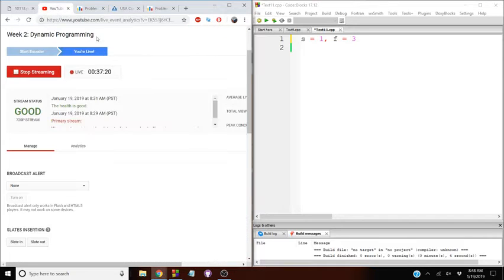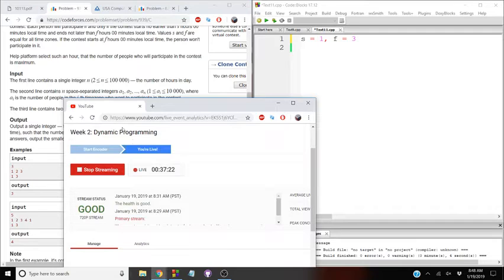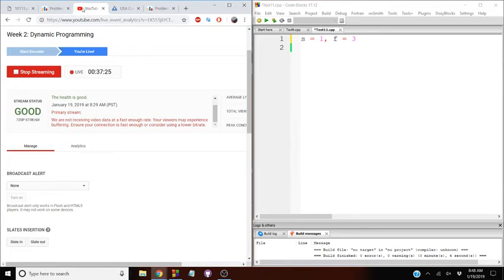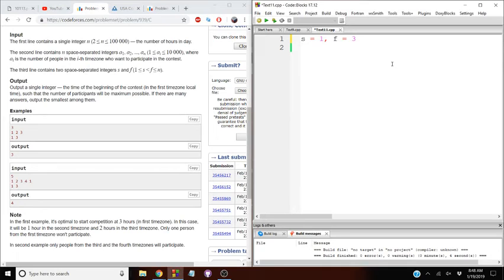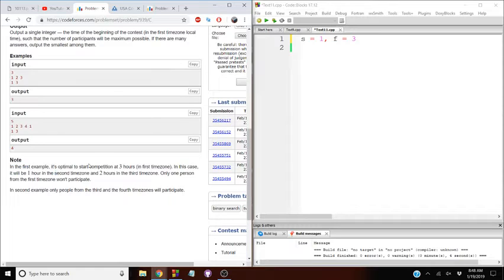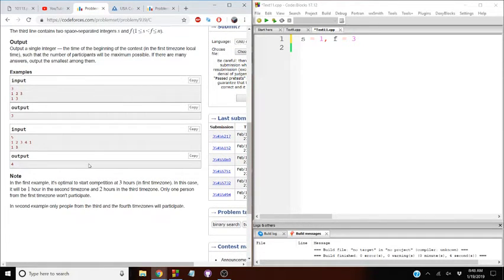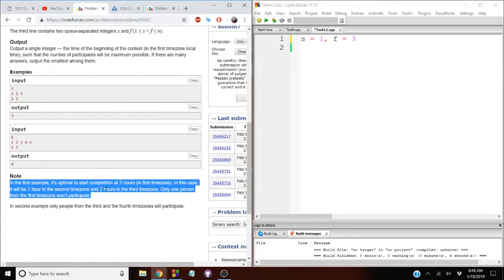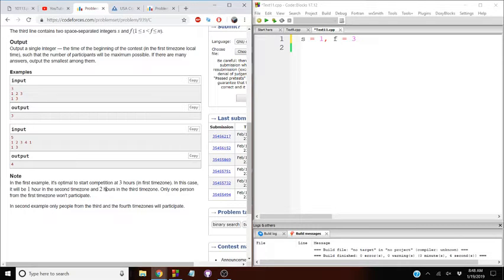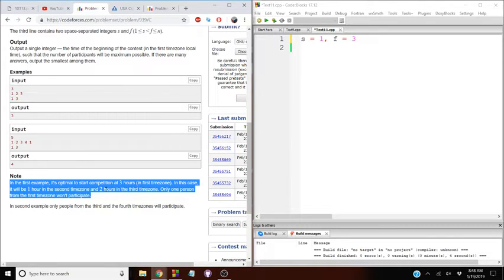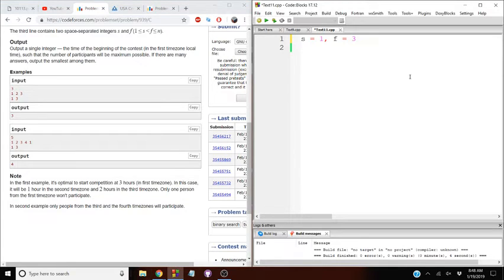So this means that, let's see, it's optimal to start the competition at 3 hours in the first time zone. So it'll be 2 hours, 3 hours in the first time zone. So it'll be 1 hour in the second time zone and 2 hours in the third time zone. So something like this. And then in the second sample input,